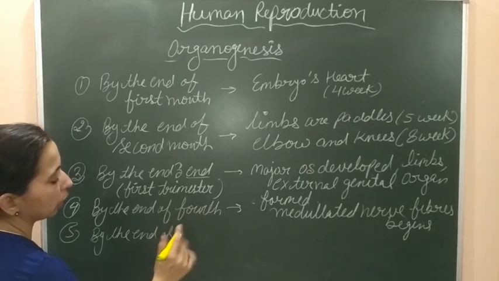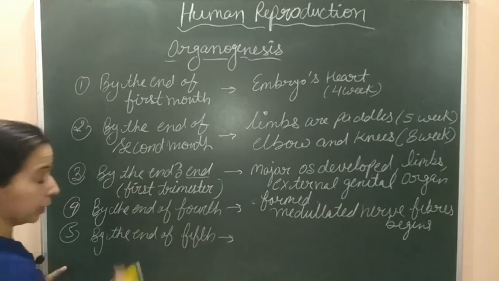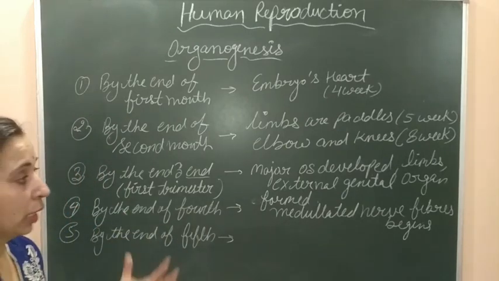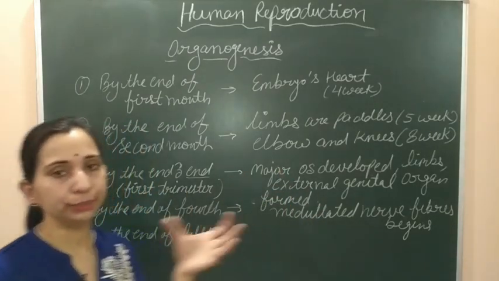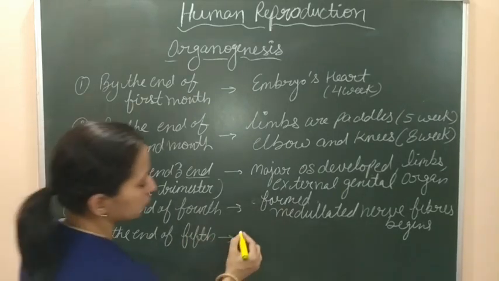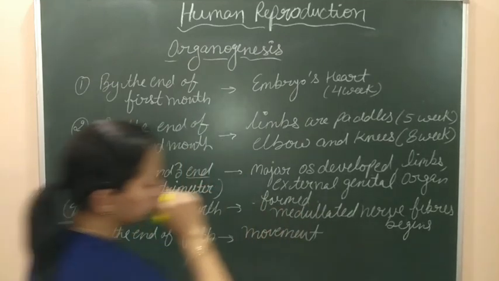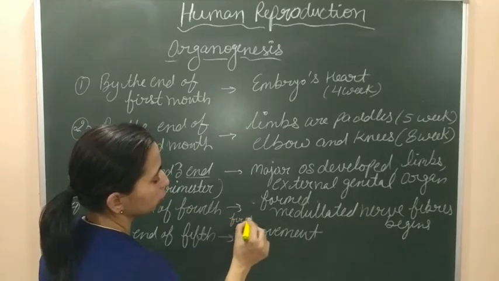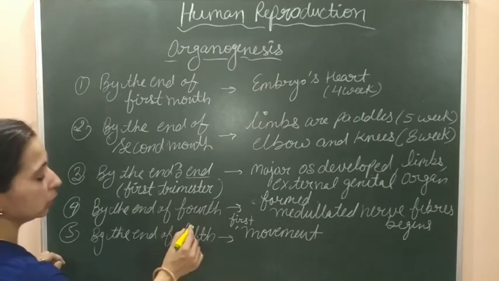अब fifth month तक क्या होगा? At the end of fifth month, let's see. At the end of fifth month, we can observe the movement of the embryo. जो growing fetus है, we can say that growing fetus will start moving inside the mother womb. So at the end of the fifth month, the movement can be noticed. First movement जो होगी यहाँ पे हम लिख सकते हैं that will be the first movement. The first movement of the growing fetus can be noticed at the end of the fifth month, and with this